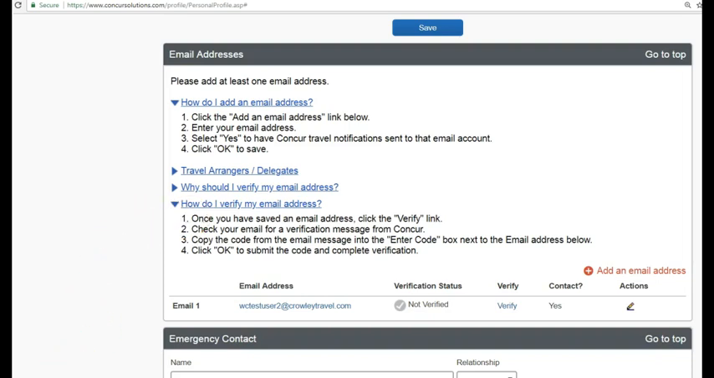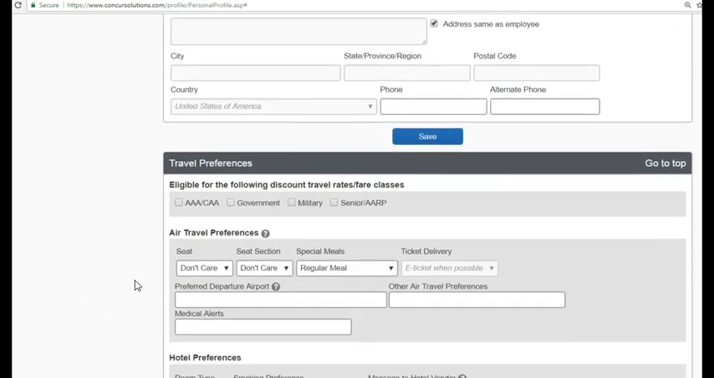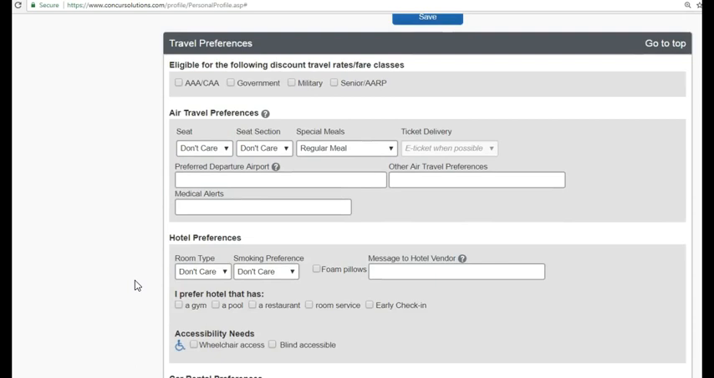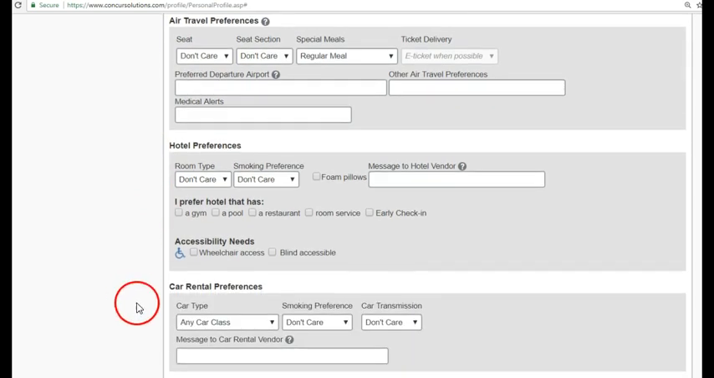The next section to look at is Travel Preferences, which is a little further down the page. This section is where you can notate travel discounts you may be eligible for, right here, as well as any preferences you have for various travel arrangements. Here's air travel, hotel preferences, car rental preferences. Please note that these are preferences only and not a guarantee that you will receive these accommodations when receiving company-provided